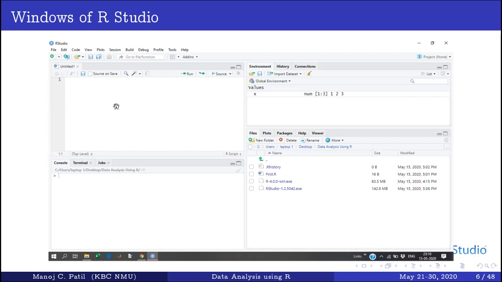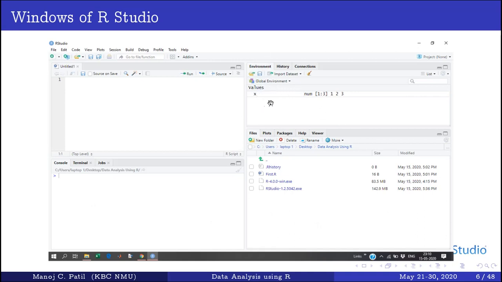As we have seen in R, here is the script editor. This is the script editor, and this is the console. A few additional windows are there, of which the first one is the environment.